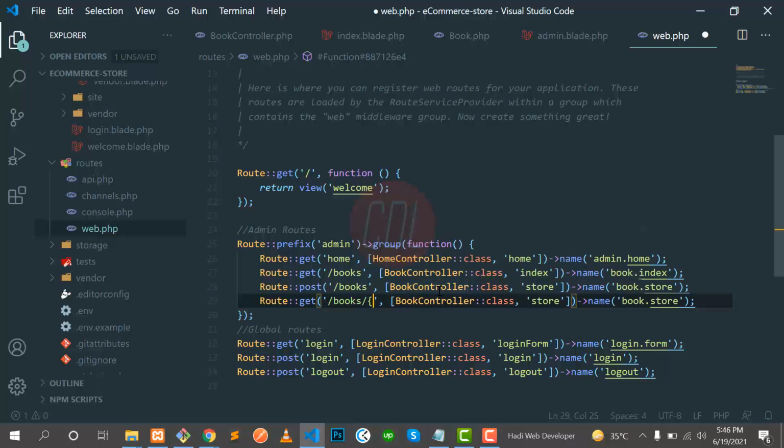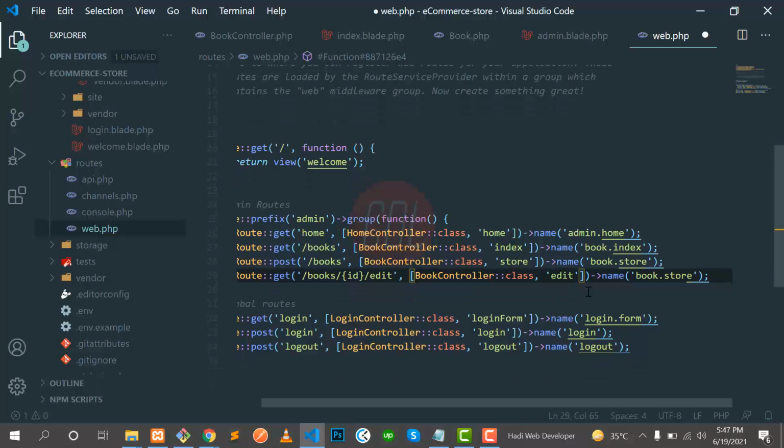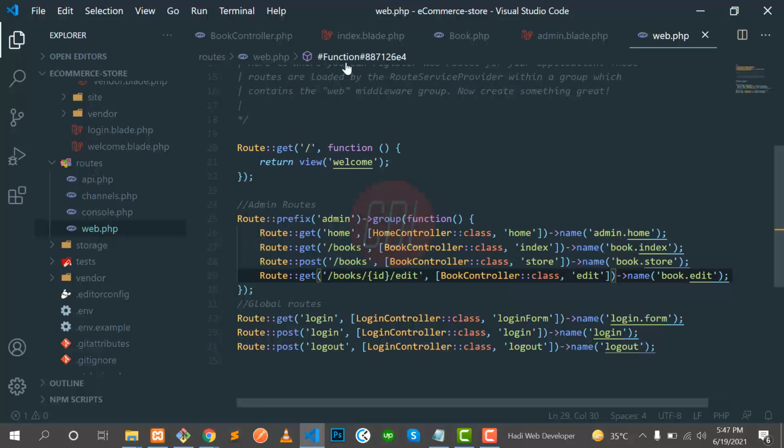It's an ID and then slash edit. So book slash ID and then edit. That's good. Okay, then book controller, and it's an edit, and name this book dot edit. Okay, and let's